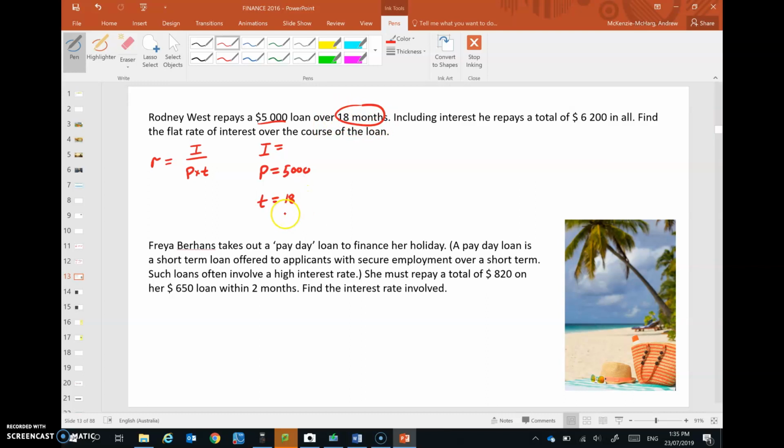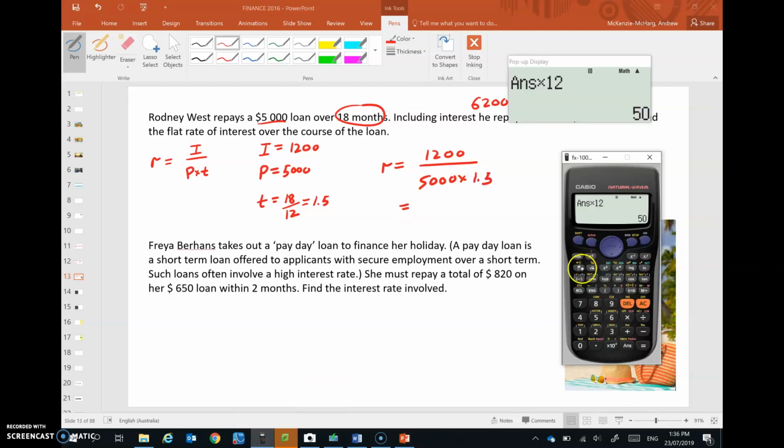So how do we convert months to years? Well, we do the opposite of what we did before, from years to months, where we multiply by 12. Now we're going to divide by 12. 1.5 years. The amount of interest, okay, so 5,000 becomes 6,200, so the difference between those is the amount of interest, $1,200. Okay, so our rate is equal to that amount of interest over the principal times the time in years, and that gives us